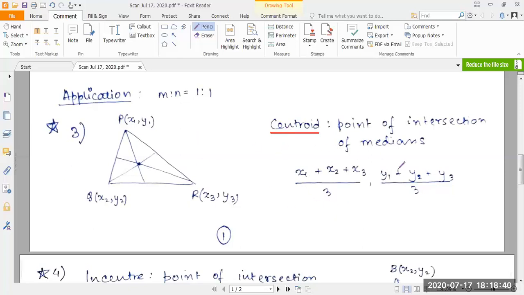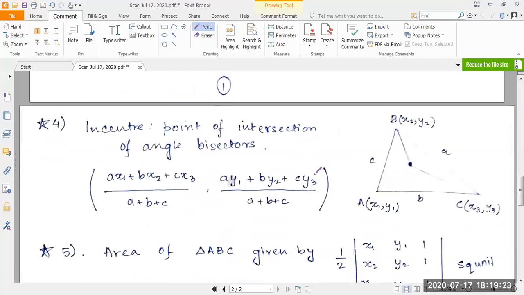You can try to derive this using the concept that the centroid divides any median in the ratio 2:1. You know the coordinates of these two points, and you know that this point is the midpoint of QR, so you can find the coordinate of this point. Then since you have this point P, whose coordinate has been given, and you found the coordinate for this point, and you know that the centroid divides this line segment in the ratio 2:1, you can find the coordinate of the centroid. I will prove it in a later video, but that is essentially the approach.